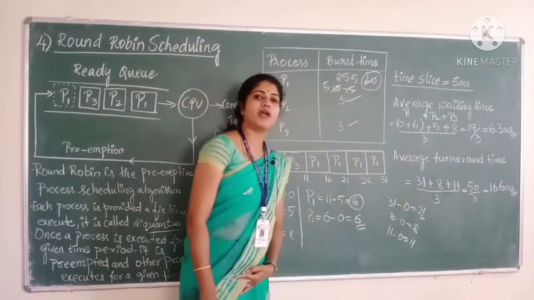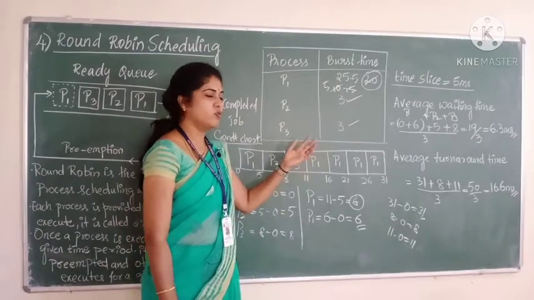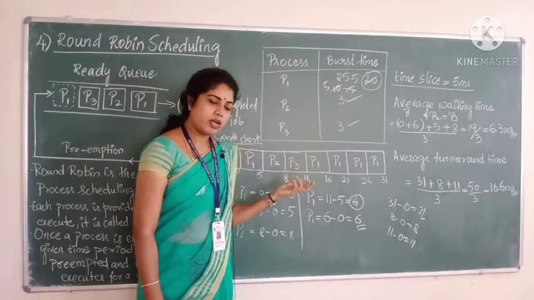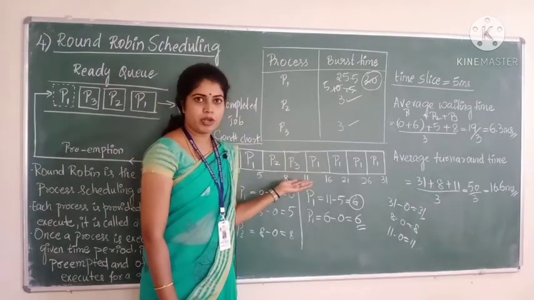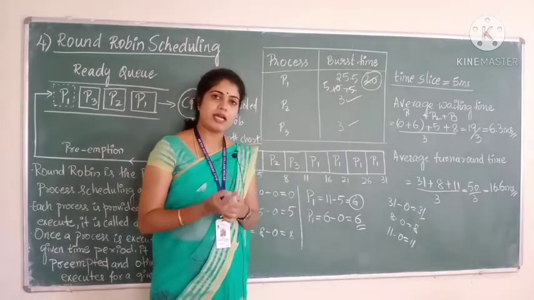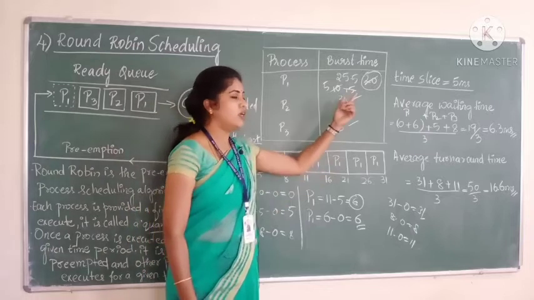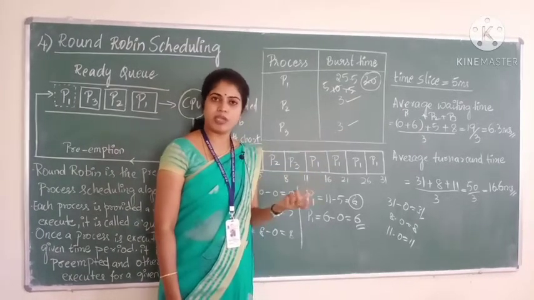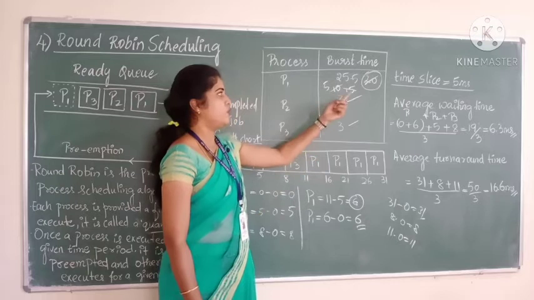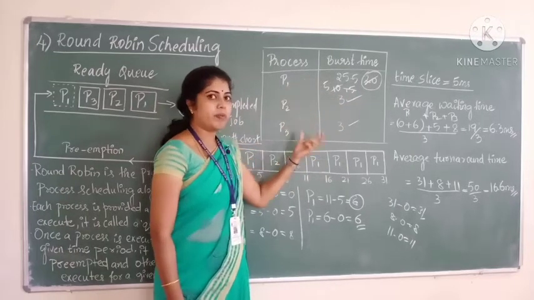Okay, so this is the way you calculate average waiting time and turnaround time using a formula. And a very important thing is that writing a Gantt chart is very important here, because it is round robin and, as I told you, it is preemptive scheduling. Completely, it is all based on the given time slice. The time slice will be given along with the question itself. So based on the time slice, the process will be preempted.